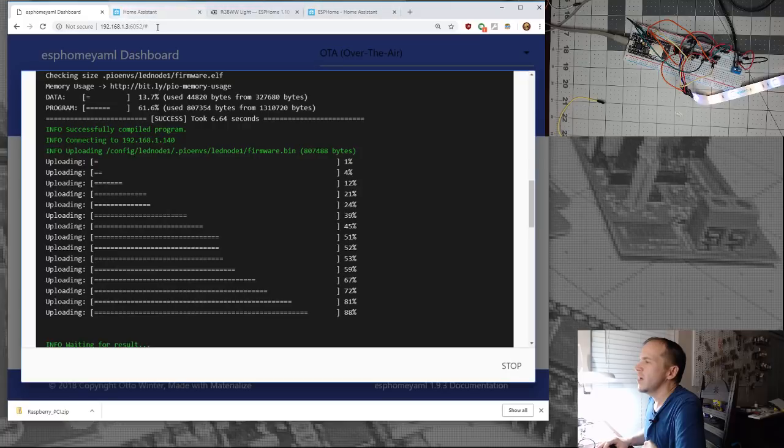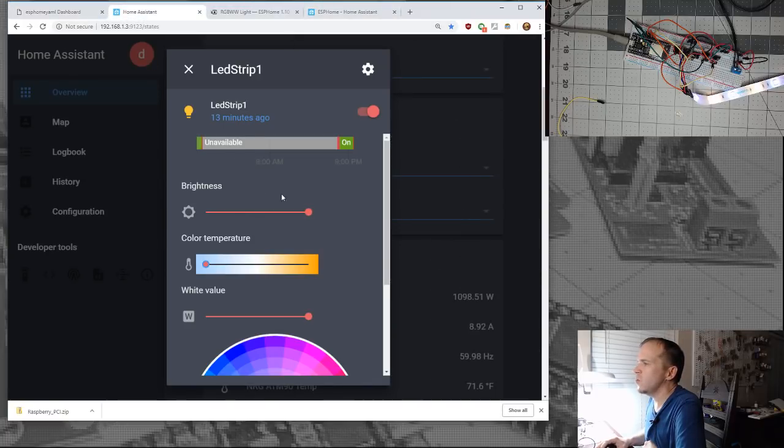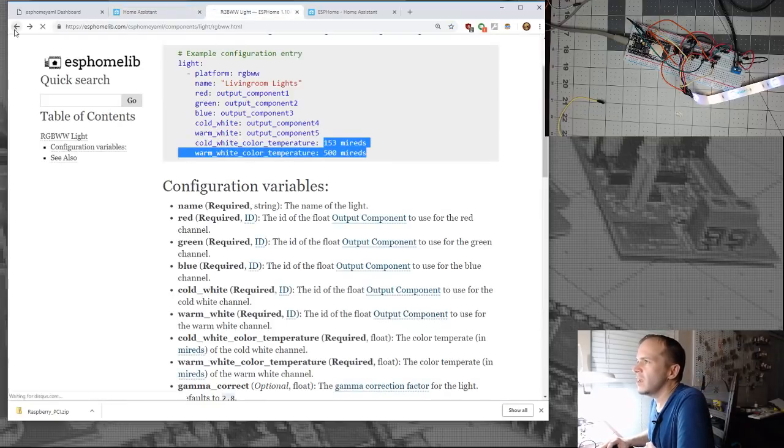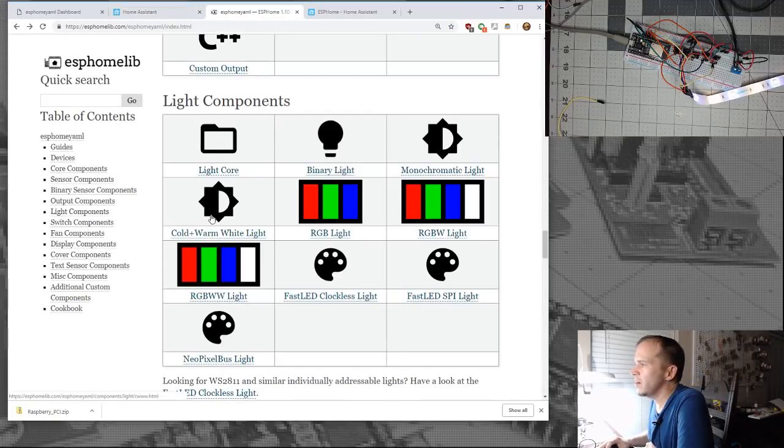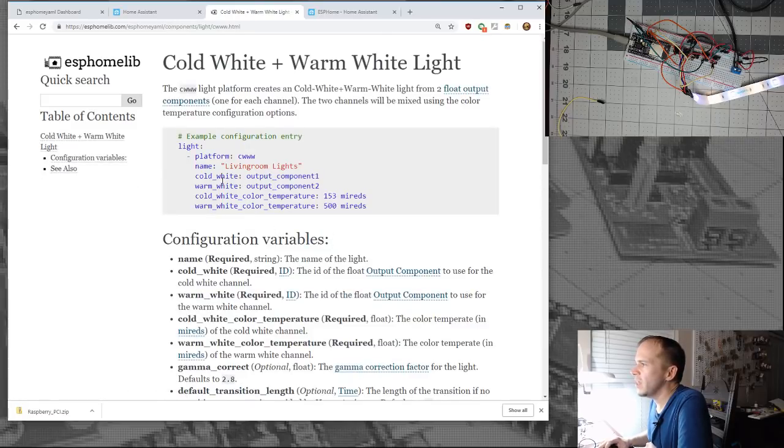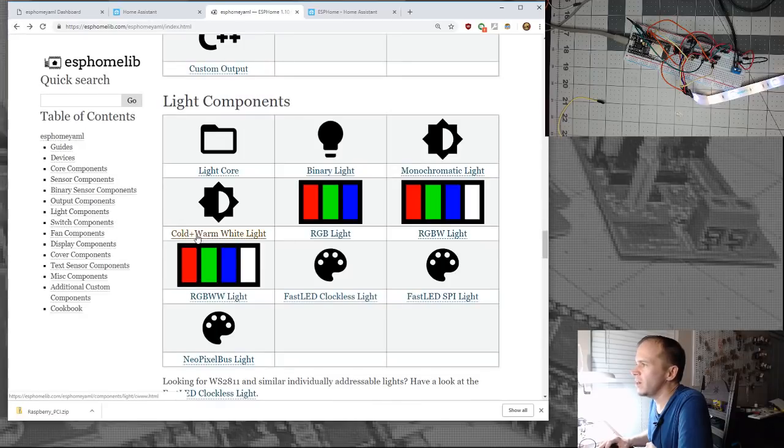But once it does that, you should see now in Home Assistant, now it's changed. Now we got color temperature and we got the white value, which I'm not sure how this is gonna work, because I didn't see it in here, and maybe you guys know more, but well, there it is. Cold, okay, I'll make a liar out of myself. There is a cold warm. This would be what I'm looking for right here. Cold and warm white light. We might give that a shot here and just turn off the RGB one, because that's eventually what I want to do.